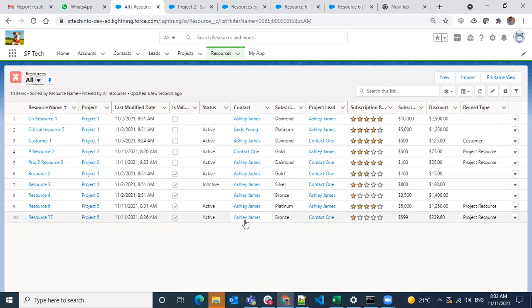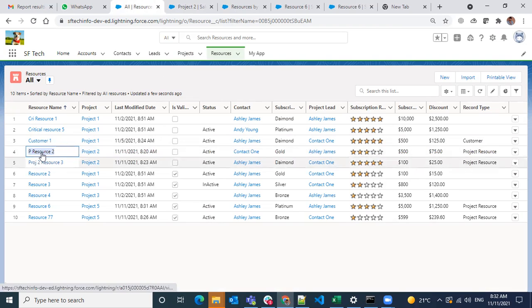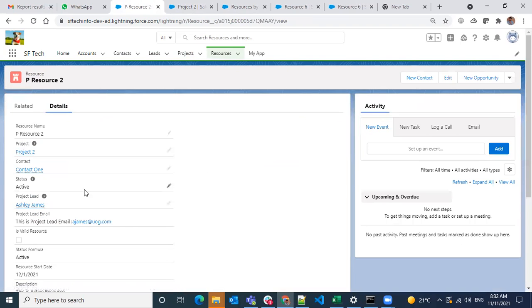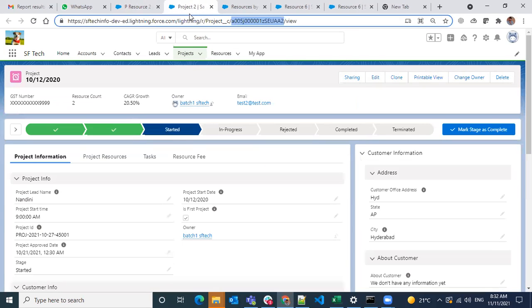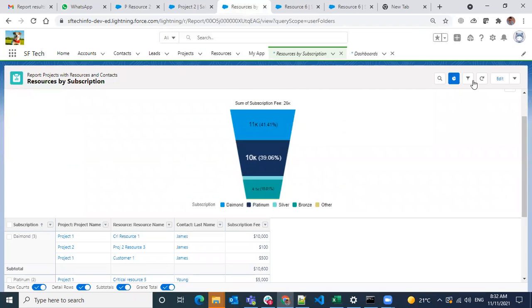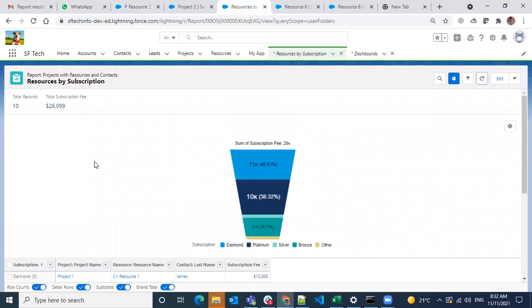I think resource 2 is also not displaying, right? Yes. Based on this data, contact one is not having some information over here. If we select a different one, then only it is showing up. I only created this contact one, so maybe there is some invalid data. That's why it is not showing up. Now it is giving all the data.